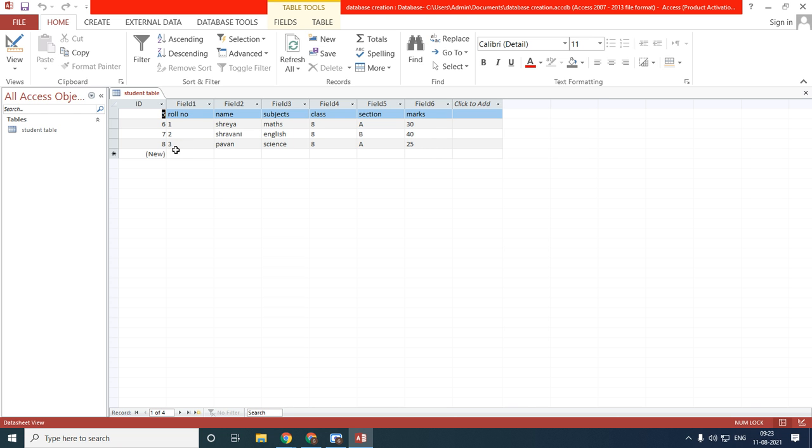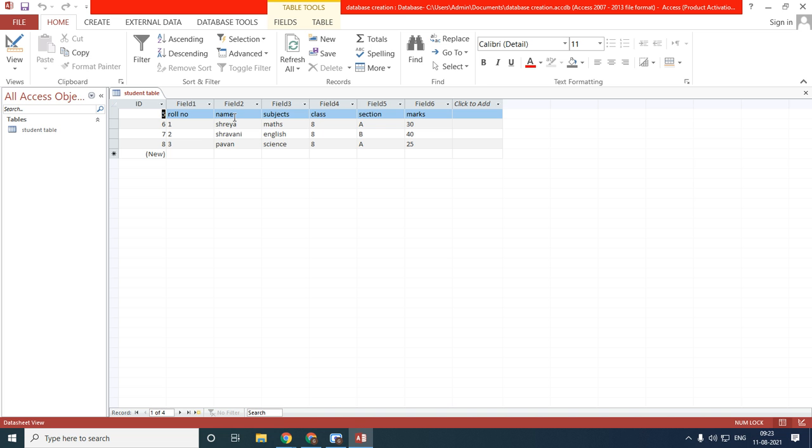So for this data, the type is what? Number data type. Whenever you are creating the data, at that time we have to mention which data type it is. This is in the form of data, this is in the form of information. What is the type of that? In the sense it is data type. So this is my number data type.